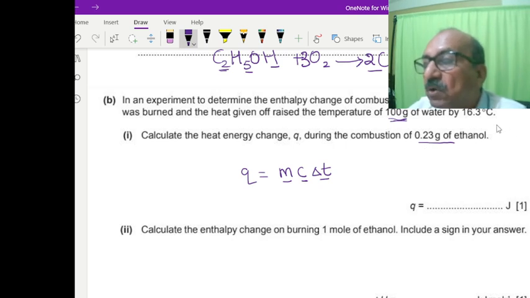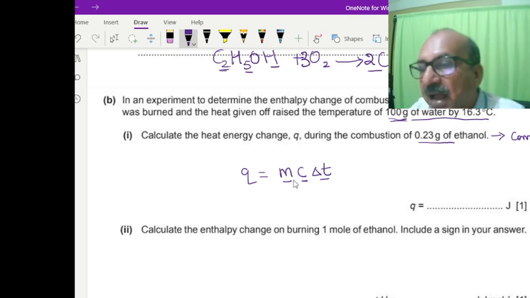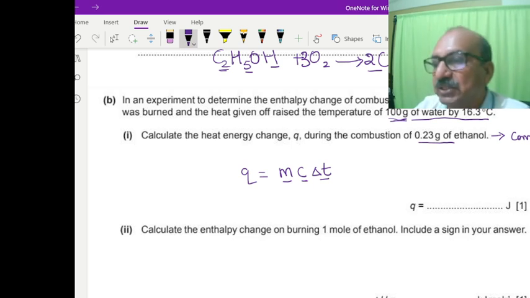Because ethanol is actually undergoing the combustion. It is burning, but it is raising the temperature of water by 16.3. So the mass that you have to take is the mass of the water whose temperature is rising, not the mass of the ethanol, which is simply undergoing combustion. So don't forget that. So here the mass that we will take will be 100,